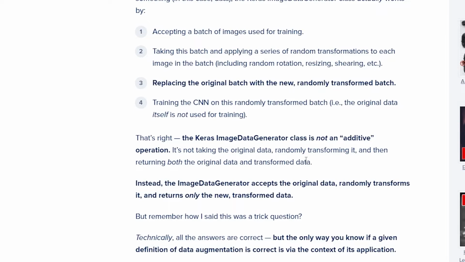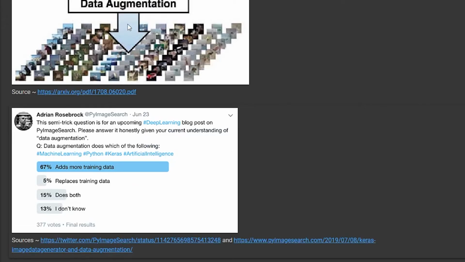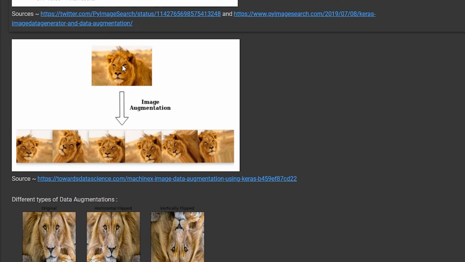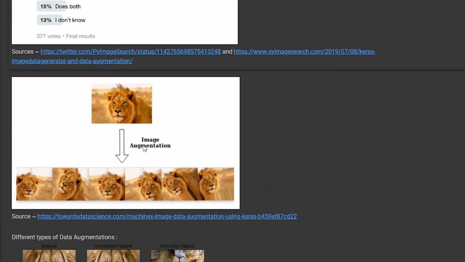Now you might be wondering, why do I have to transform the data? I'll show you with an example. Imagine this is the image of the lion that we have over here. Image augmentation is going to transform that data, let's say its dimensions, and it is going to change its orientation and everything. Now why do we actually need this? Imagine I have only trained my neural network with this data, where I have one image of the lion. Now the predicting image is not necessarily always going to be the same. That lion can be in some other dimension and not as expressed over here. So in that case, you have to augment the data.